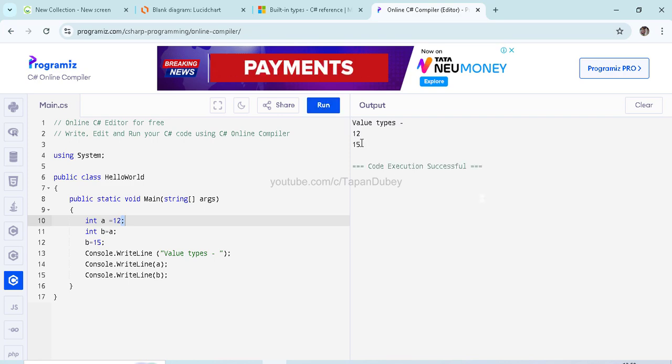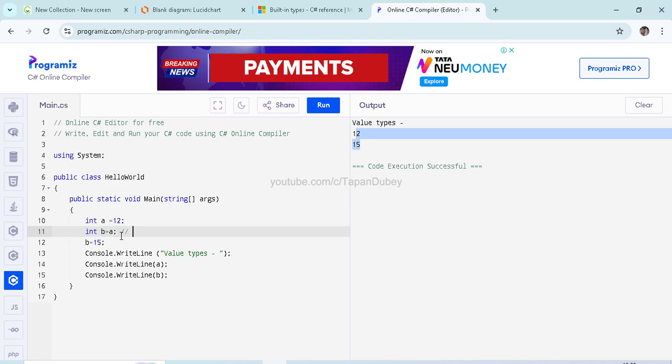So we can see our output is 12 and 15. What happened is it stored A equals 12 on the stack. Then it saved another copy, not the same one, a new copy for variable B on the stack, and B equals 12. Now we change this 12 to 15, so B is 15, and we are printing 12 and 15, right? But